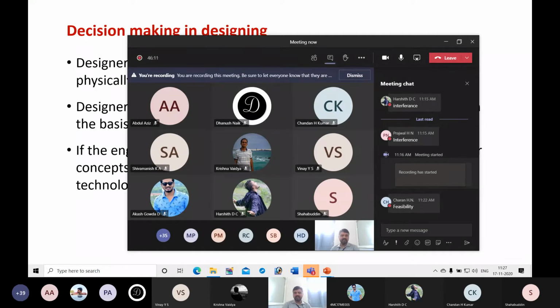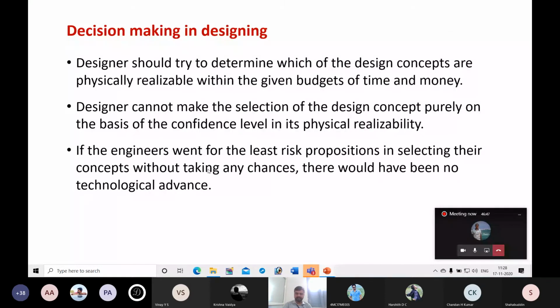If you are working on product development, you can take risk. Suppose you are working in a company where you have to do routine jobs, then you need not take risk. If it is a routine job, risk level is less. If you are working in research and development of any company, in product development, then you must be able to take risk. That risk may result in a new product or a new technology. That is another consideration.